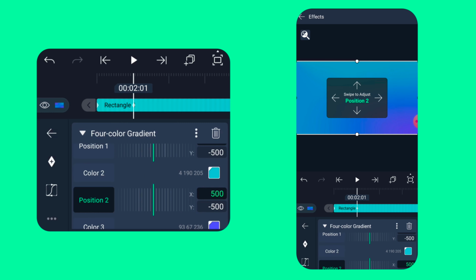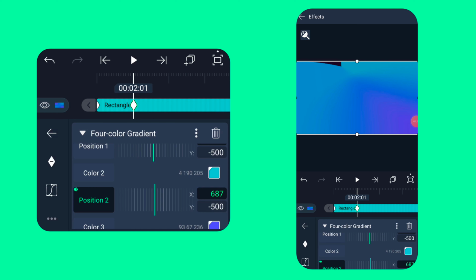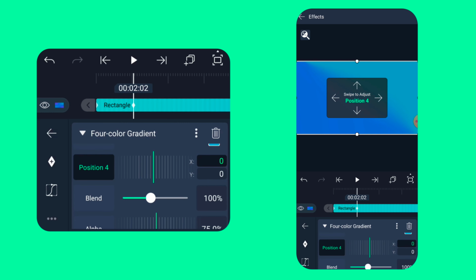So I'll click on position 2, I will add a keyframe here again, and a keyframe at 2 seconds. Alright, then I'll do this way again. But make sure that when you're animating it, the color is not open like this. Alright, so pay attention to that. Now click on position 3 again. I'll add a keyframe here again, then do it this way. Can you see? Then position 4 again, a keyframe here, another keyframe here,